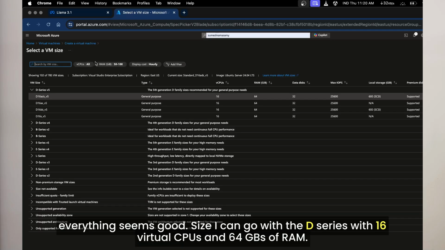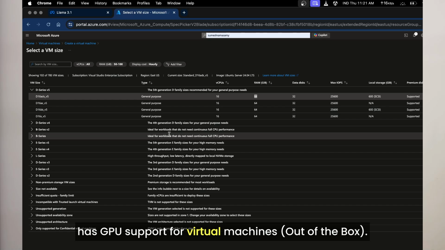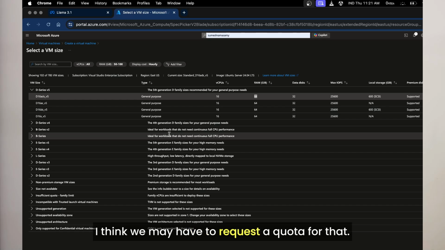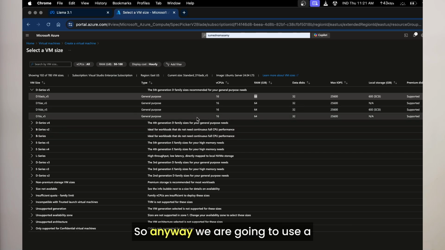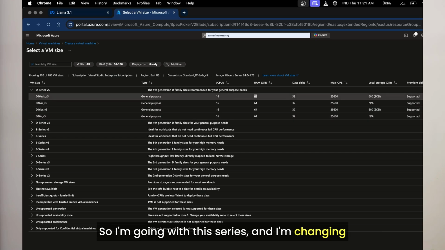And for size, I can go with the D series with 16 virtual CPUs and 64 gigabytes of RAM. I don't think Azure VMs currently have GPU support by default. I think we may have to request a quota for that. So anyway, we are going to use a CPU-only virtual machine for this demonstration purpose. So I'm going with this series,